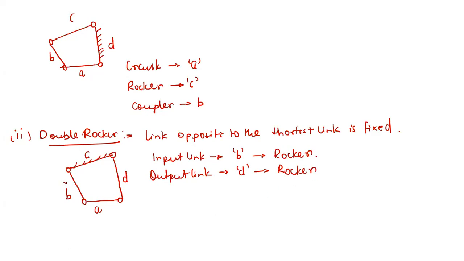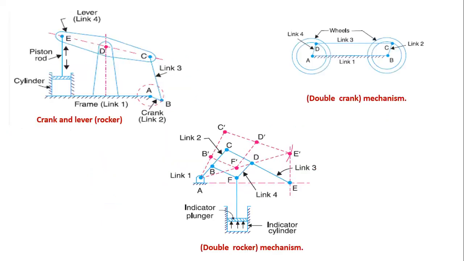So that means, let's say if you turn this link B through a certain angle, this link D is also going to turn through a certain angle, right? So in this case, both will be acting as rockers, right? And what is your coupler? Link A, correct. So this is another inversion of a Grashoff's kinematic chain. Very important, right? So four inversions of a Grashoff kinematic chain or a 4-bar chain are possible. We know that. So two inversions are basically crank rocker inversions. One is double rocker, and the third inversion I'm going to discuss next.